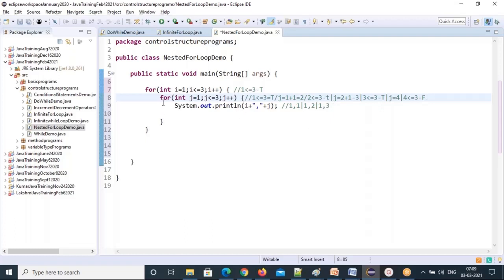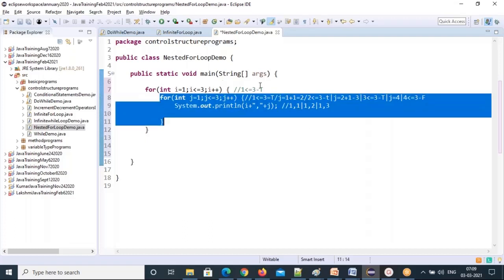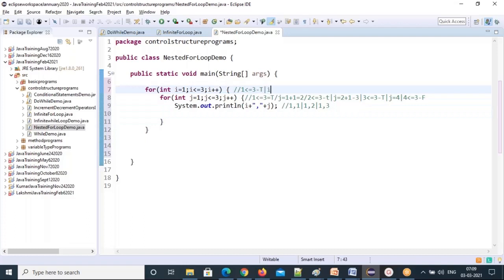So it doesn't go inside the inner for loop, it will go to the outer for loop. Now here i value will update to 1 plus 1, that is 2. So check the condition, 2 less than or equal to 3, true, comes inside. Now again it checks 1 less than or equal to 3, that is true, and i value is 2 and j value is 1. Next j value will increment, 1 plus 1, 2, 2 less than or equal to 3, true, comes inside. i value 2 and j value also 2.